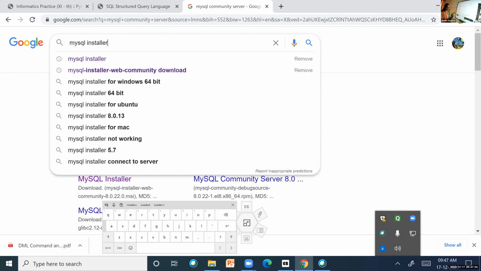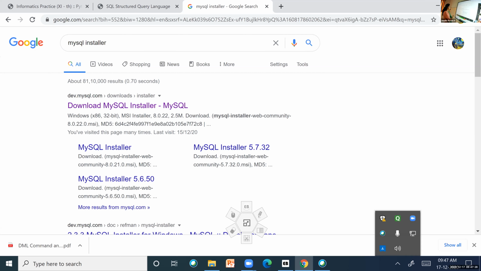Those who are using mobile, you have to write down the different steps to download. First, go to Google and type MySQL installer. Then you will get the screen, download MySQL installer, the first one.